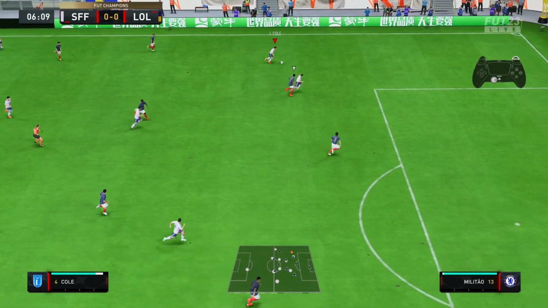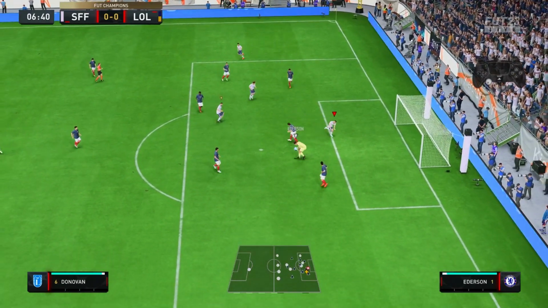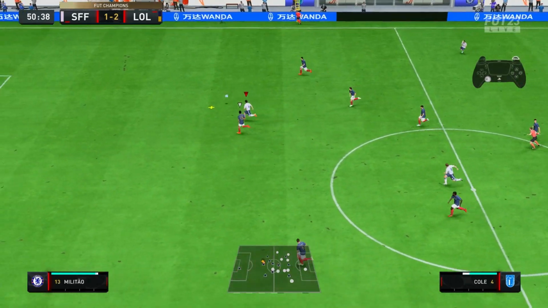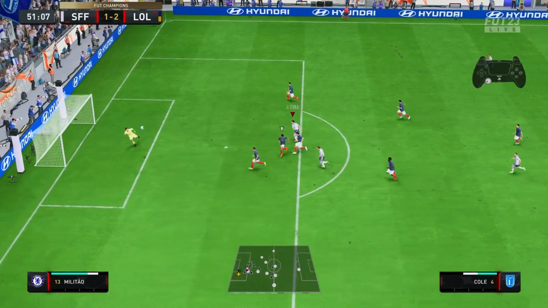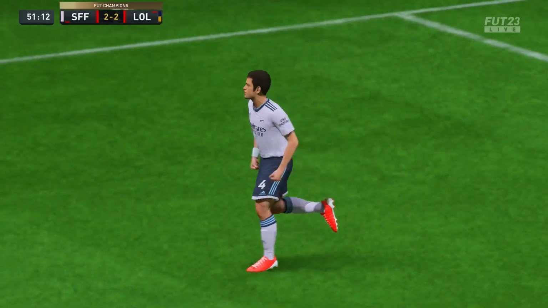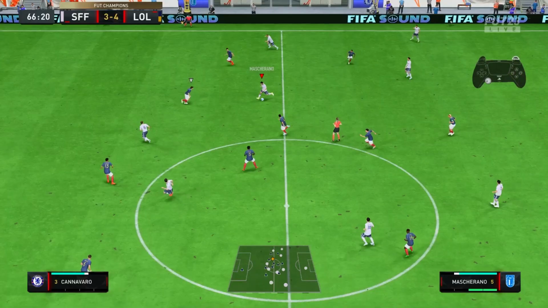Really nice run there by Cole to get past the fullback. He's then going to put in a... Honestly, I don't actually think it's a terrible ball at all. If the striker's in the right position, there's maybe a chance to be created there. Anyway, some nice balance and physical shown by Cole there to stay on his feet despite the challenge from the defender, and then a beautiful outside the foot shot into the back of net to bring us level in this